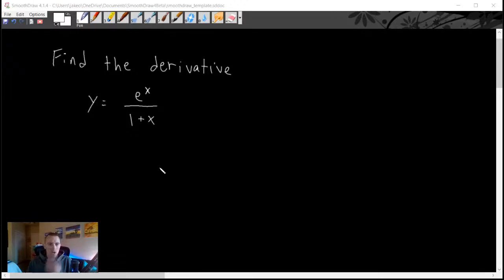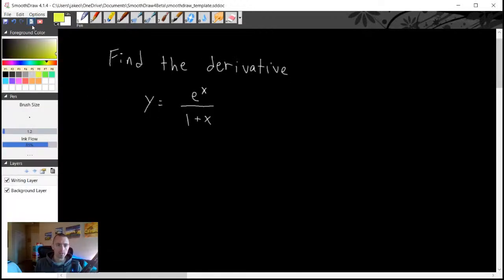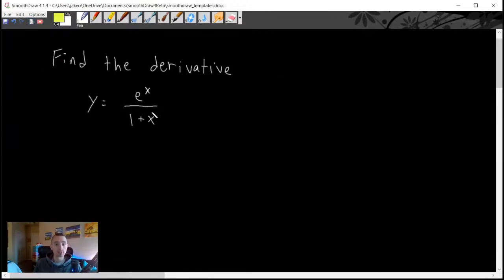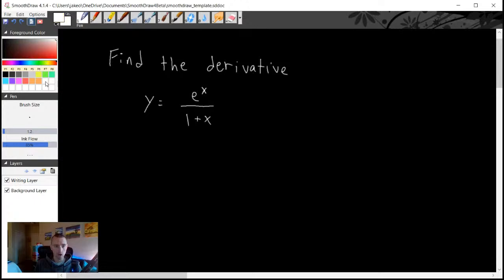All right. So first thing we're going to do here, we're going to find the derivative of this function here, y equals e to the x over 1 plus x. So really, when you're looking at a question like this, where you're trying to find the derivative and you have some function that is just a fraction. In this case, it's pretty clear. Our entire function is just one big fraction, right? We just have this numerator here and this denominator here. There's no other stuff within our function. So that makes it pretty easy to see that this is a great opportunity to apply the